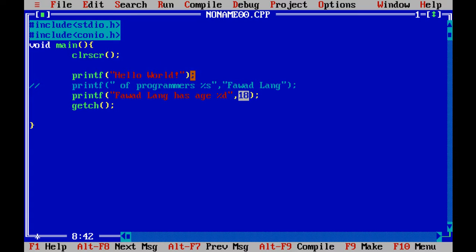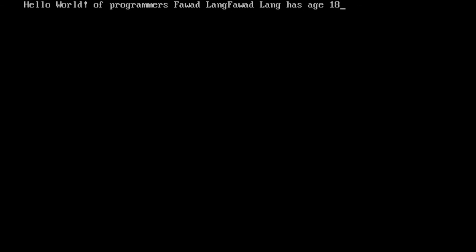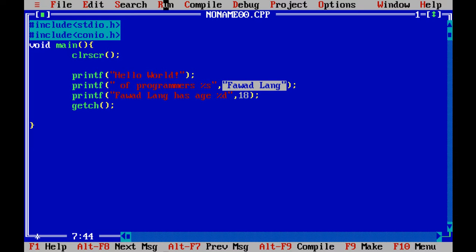But remember, whatever format specifier you write, you have to write the value according to that format specifier. For instance, in this statement we wrote percentage s. Percentage s means that we are going to write a string ahead of it. With the comma we wrote a string, for long, and that's why for long was printed.